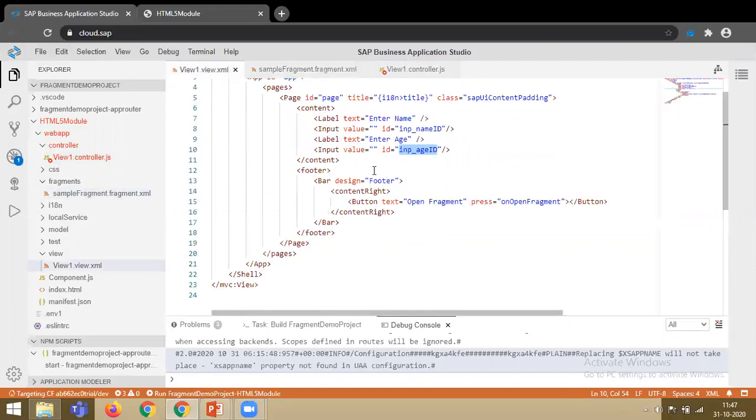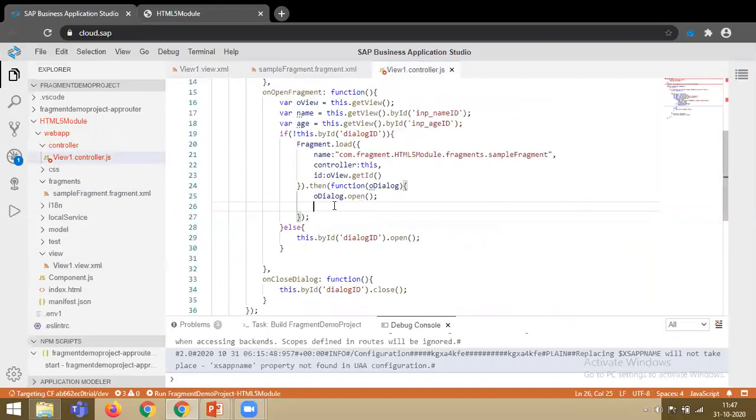For that, our dialog is already available. For dialog, there is a method that is getContent. getContent will get all the content and pass it to the variable content.